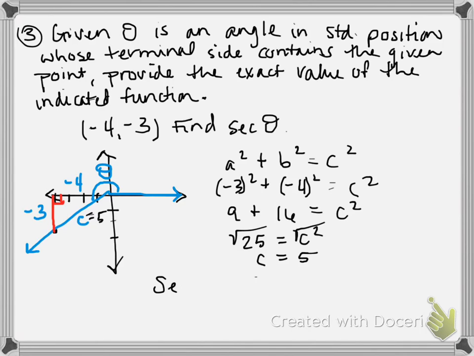So secant of theta is going to be hypotenuse over adjacent. I could also think of this as c over x. This is going to give me 5 over